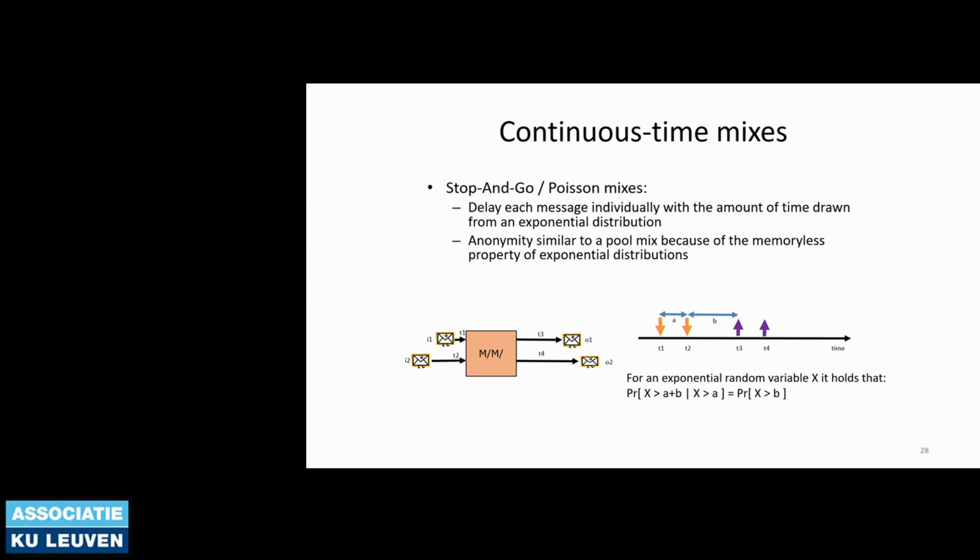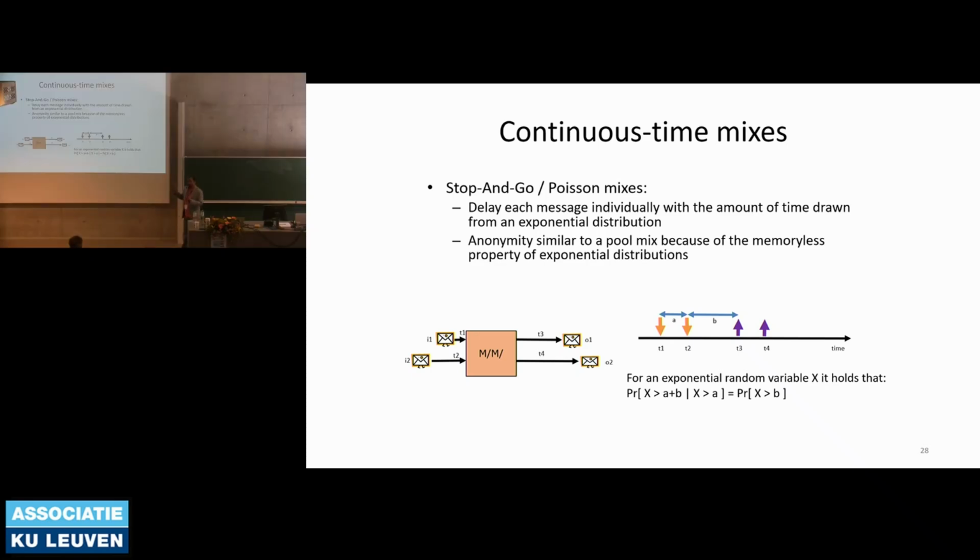This is possible because of the exponential distribution, and you can say that this mixing is memoryless. What do I mean by that? Let me explain. Suppose you have a packet that arrives at T1, another packet arrives at T2, and then one of them goes out at T3. As long as T3 is after both T1 and T2, meaning both packets have arrived, you cannot distinguish which one of them was getting out at T3. That's what the memoryless property means.